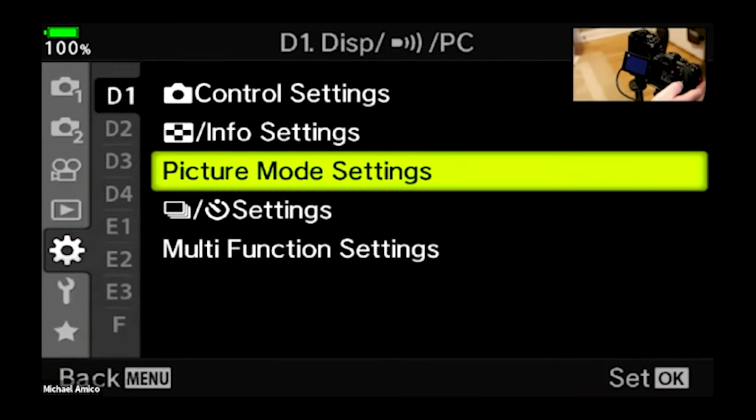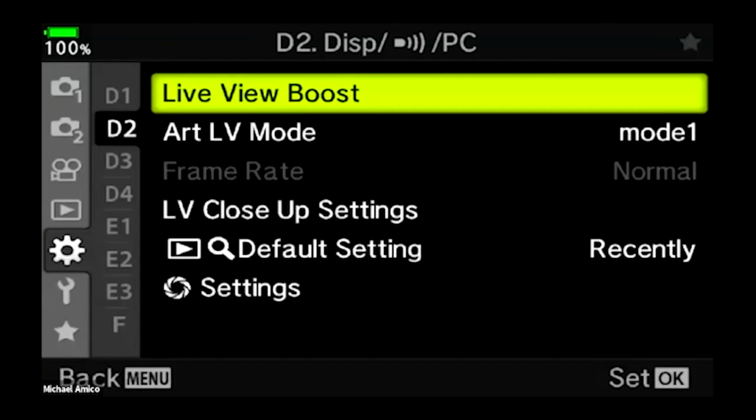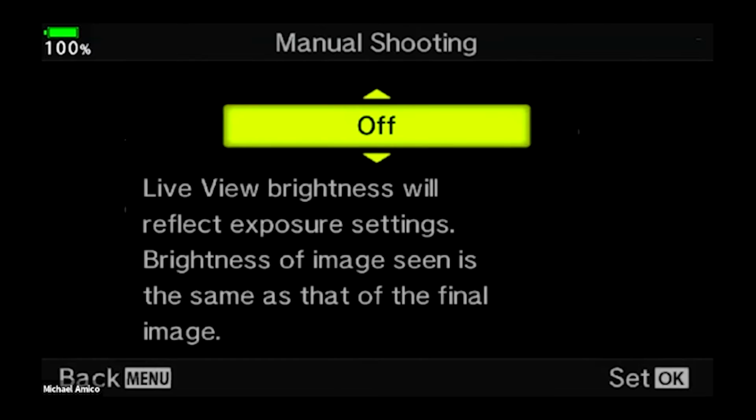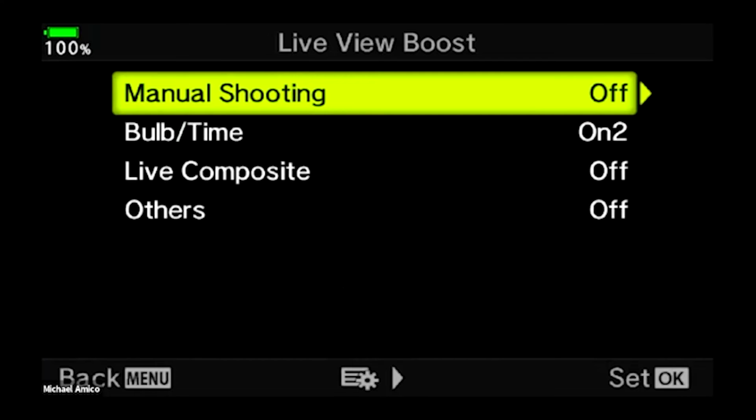I'm just scrolling through, changing some of this stuff. Live view boost. And again, you're going to see that there. Let's shut off my picture in picture. So live view boost is interesting. In a lot of the cameras on manual shooting, it's actually on. And I turn it off, and it depends on what you're shooting, but let me tell you what live view boost is. Live view boost is if you ever turn your camera into manual on an Olympus camera,